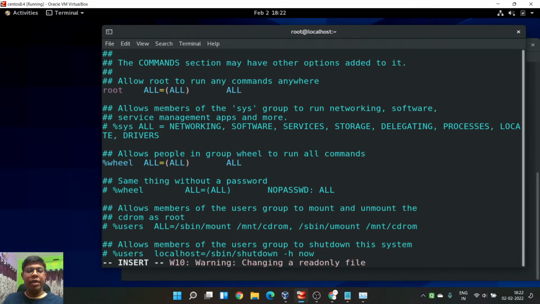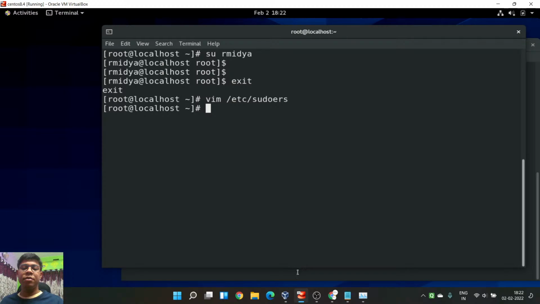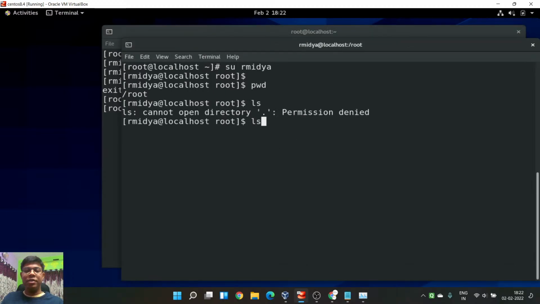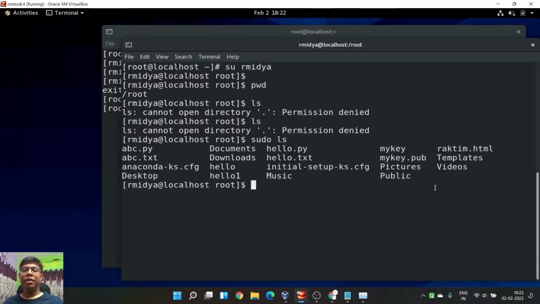Here I will add RMIDYA, then ALL equals, let me give ALL, and NOPASSWD colon and again ALL, just to make sure that it doesn't ask me for the password. I give it. Now if I do ls, you can see it can list it. Why is it not listing? Strange. Okay, obviously I need to give sudo ls. Definitely. Yeah, it can list everything.